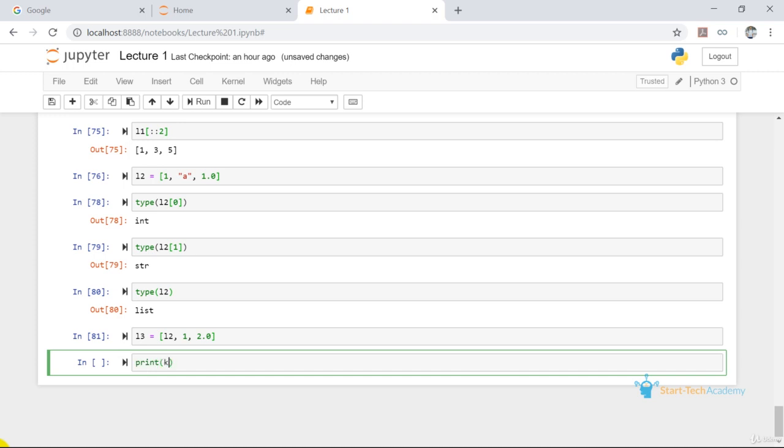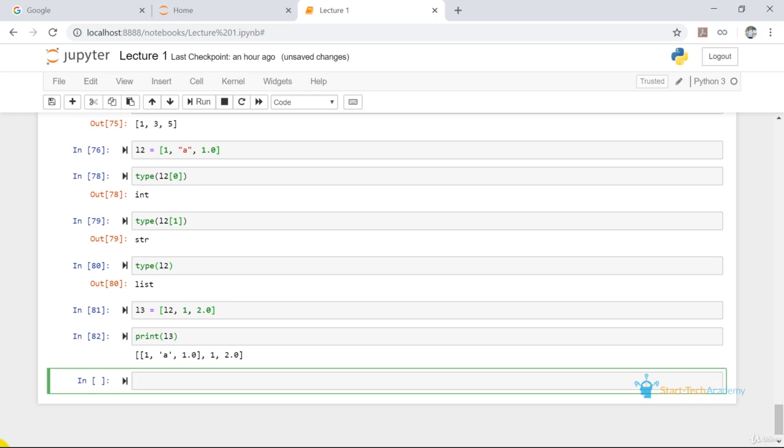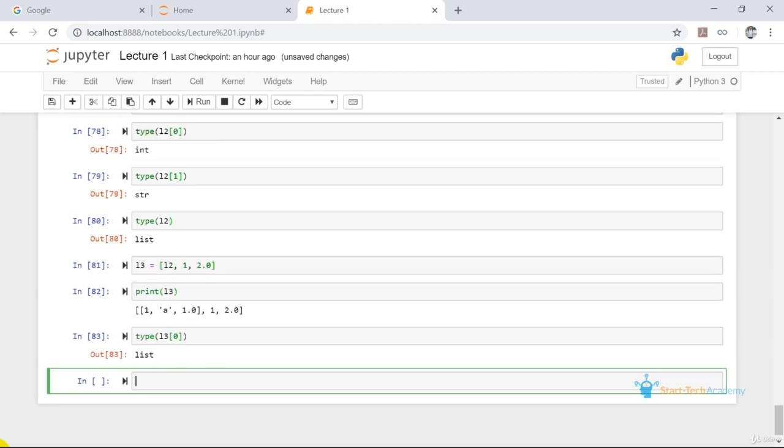So if we print L3, here our first element is a list which is L2, and our second element is int and third element is float. So just to check, if we write type of L3 comma 0, this is showing us list because we have provided L2 inside of L3.